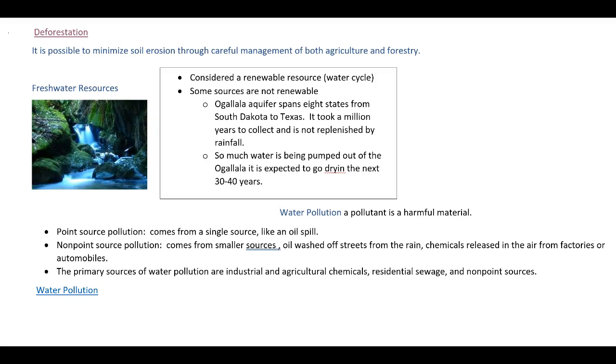And we were talking about water and how water is considered a renewable resource, but some of our sources of storage are non-renewable. And one of the things that we need to be concerned about is water pollution. And we have to understand what a pollutant is. A pollutant is something that is harmful in some way: chemical, oil, soap,